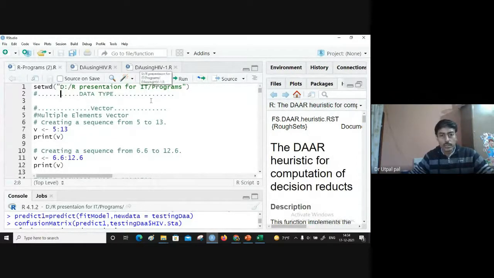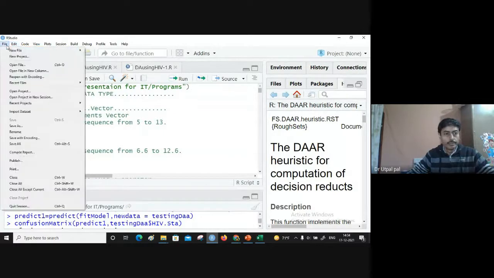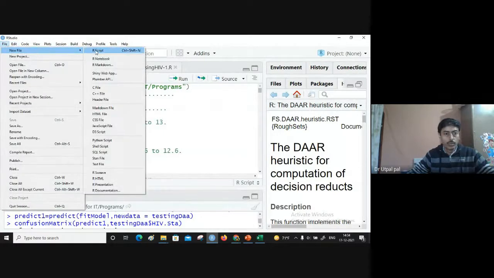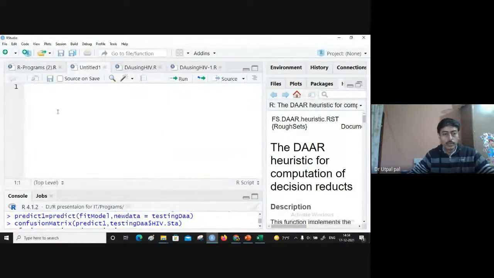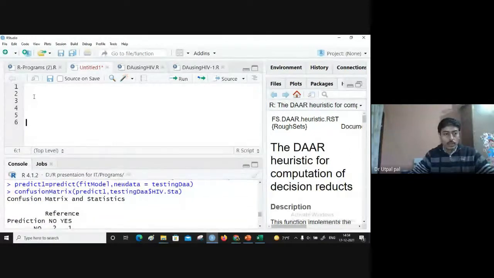So this is RStudio, and in this section we will write our program. Let me open a new file here, a new R script. Here I have opened a new R script. Here I can write my program, and when I execute a line of code, the output comes in this section.